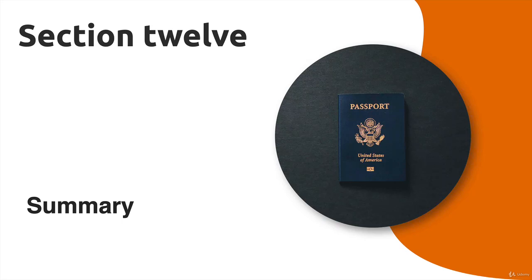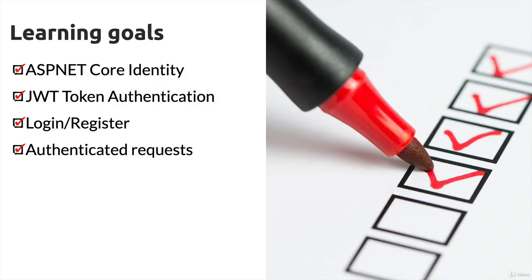So we've reached the end of section 12 and we've implemented ASP.NET Core Identity in our application, or at least the basics of it. And the learning goals for this particular section were to install and configure ASP.NET Core Identity. We've taken a look at JWT token authentication, which is the method we're using to allow users to authenticate to